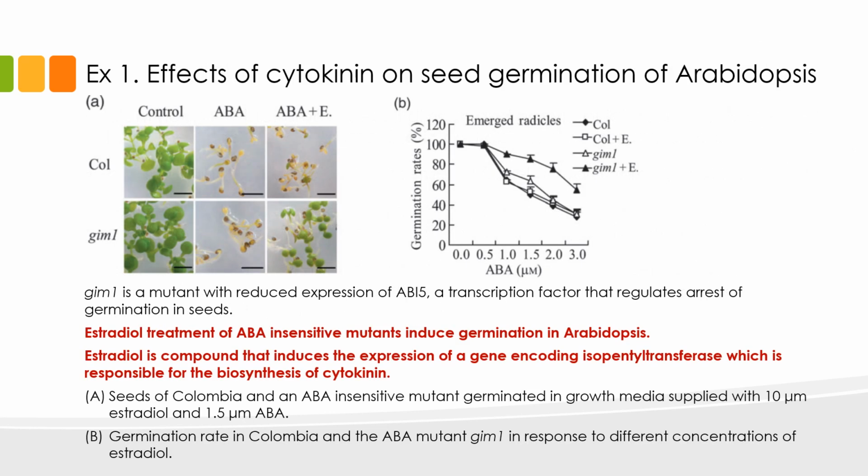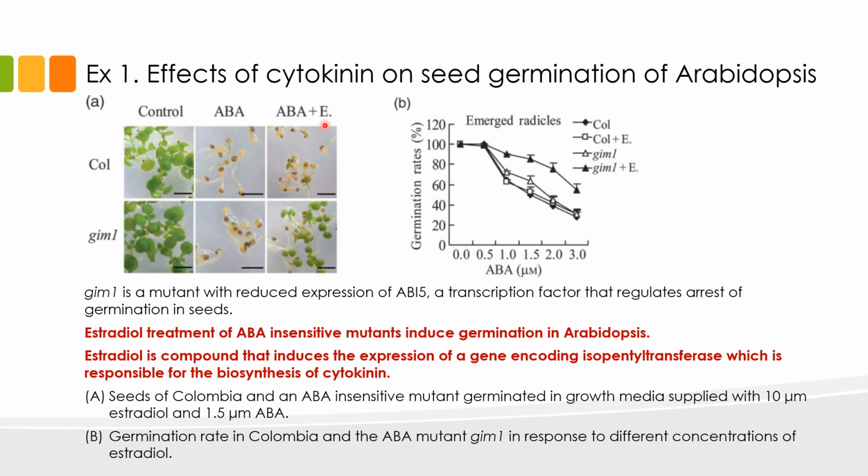This slide illustrates how cytokinin affects germination in Arabidopsis seeds. We have here two Arabidopsis genotypes. One is Columbia, abbreviated as COL, and we have GIM1, which is a mutant with reduced sensitivity to abscisic acid, or ABA. In the experiment, seeds were grown in plain growth media or control, in a growth media supplemented with ABA, or in a growth media supplemented with ABA plus estradiol. Estradiol is abbreviated here as E. This is a compound that induces the expression of a gene encoding isopentyl transferase, which is responsible for the production